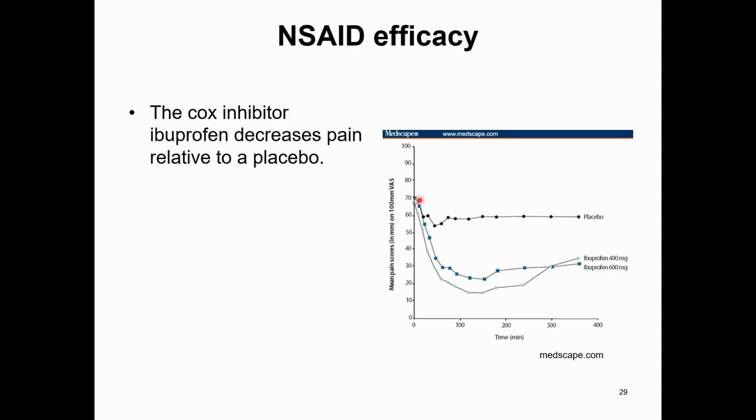Interestingly enough, if you give them placebo, they're at a 70, and then after 45 minutes, it's dropped down to a 55, and that kind of stays. What do you think that is? Why would you get a subtle reduction with just the placebo? Well, you're asking the patients, does it hurt? And they go, no, I took a pill, I feel a little better. So that's the placebo effect, right? Which is appreciable, actually.